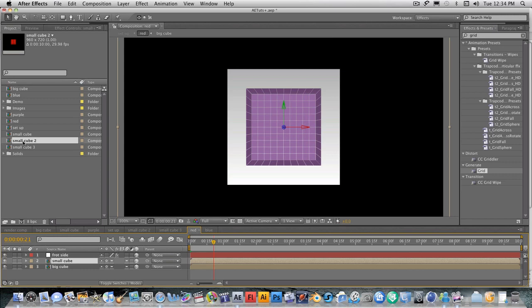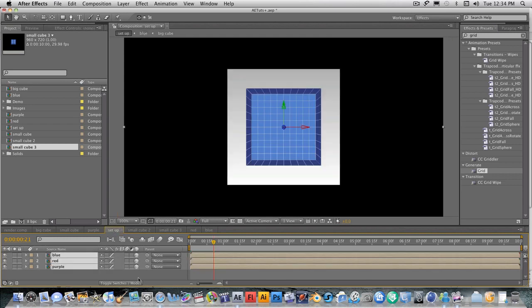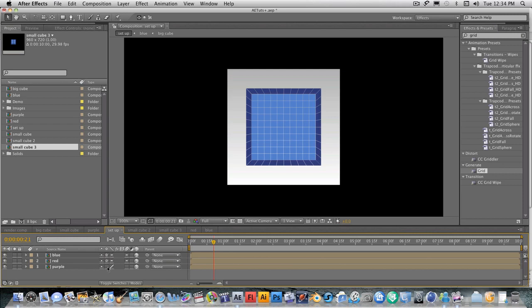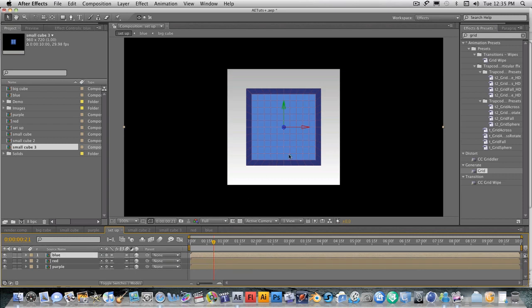And to do this, we need to hold the Option key and drag this one over the other one like that, like this, and then you are going to do the same with the small cube inside the blue composition by holding Option and dropping the small cube 3 over the small cube. And then we need to make this 3D and switch on the continuously rasterize option, and then we're going to move these three around until we find the right